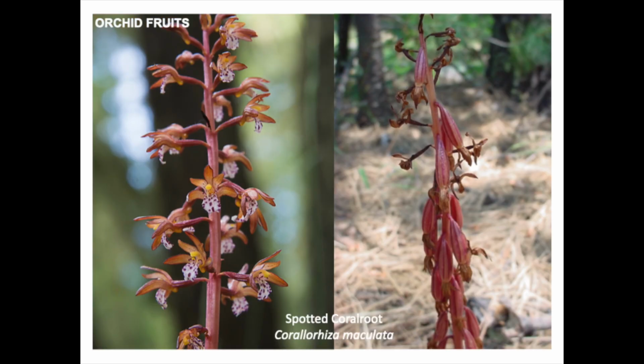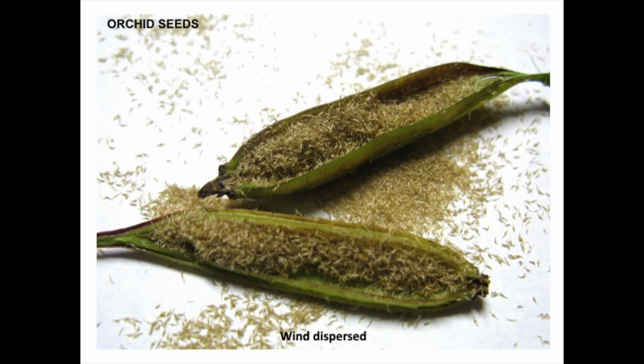And then in orchids, over on the left side, this is spotted coral root in bloom. And then on the right side, once it's gone to fruit. And inside those fruits are a gazillion little seeds. Think about how many individual pollen grains it would take if they were just being transferred individually, right? So using the pollinia is really helpful in this case. And then these seeds are like dust. They're so lightweight. So those fruits split open and the seeds are dispersed on the wind,